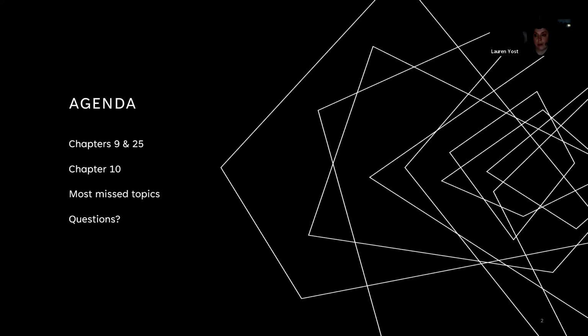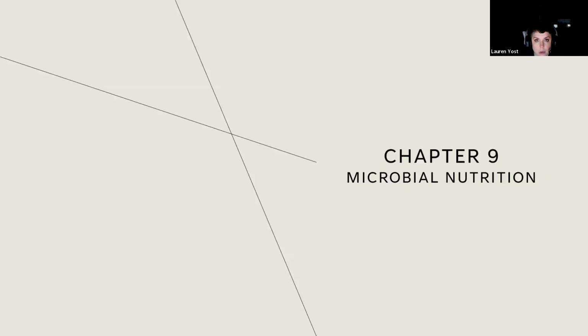I'm going to be reviewing basically the content that we covered for chapters 9 and 25. Remember, chapter 9 talked about microbial ecology. Chapter 25 dealt with the environmental side of microbiology. Chapter 9 also dealt with nutrition, whereas chapter 10 was our metabolism chapter. And then we're going to jump into our most missed topics. So starting with chapter 9,